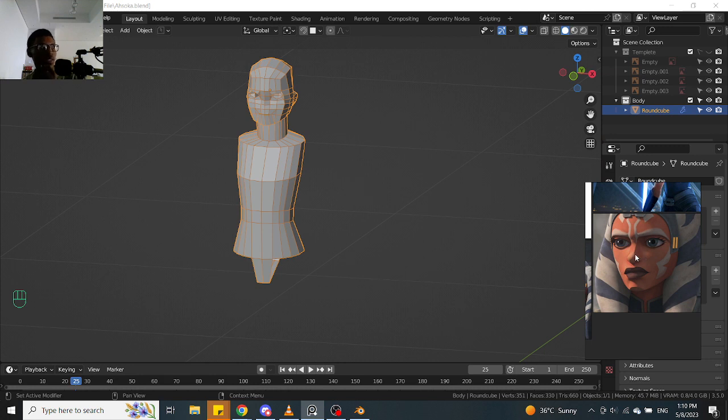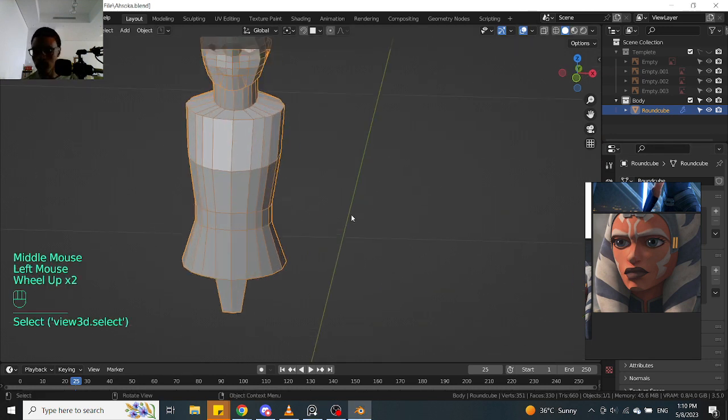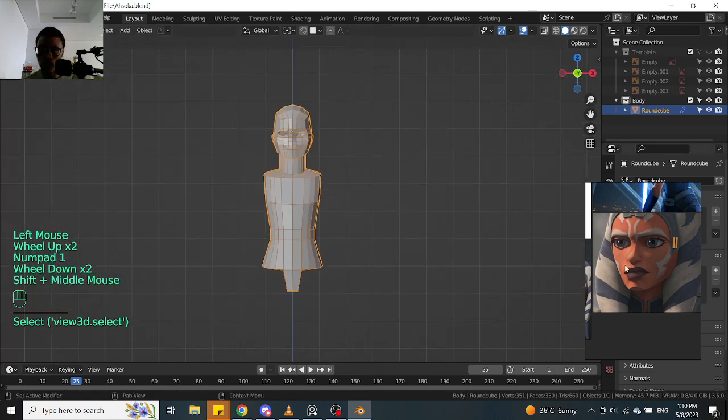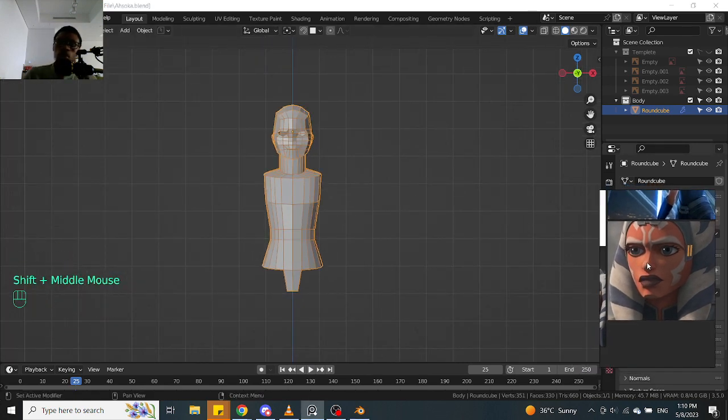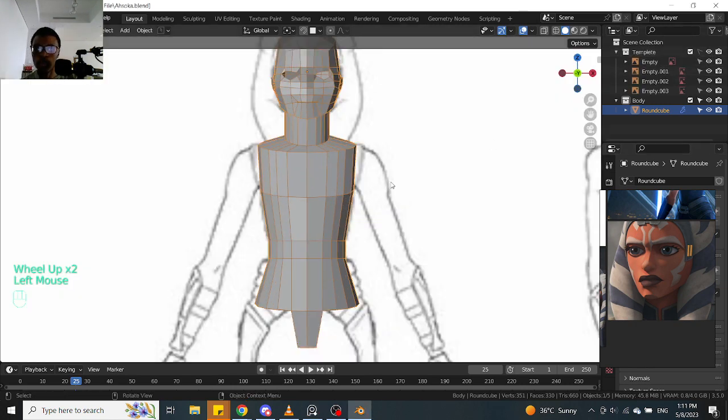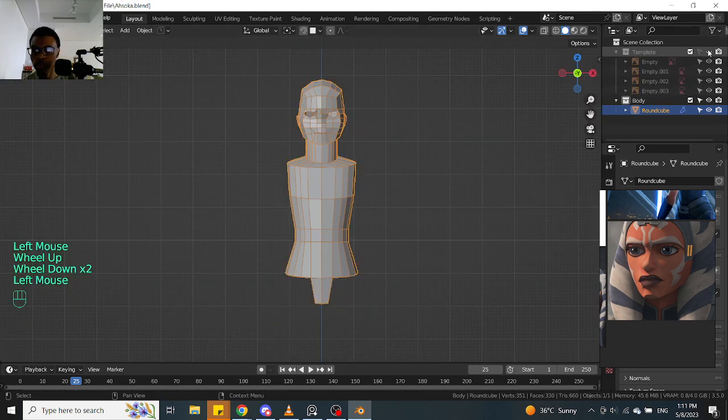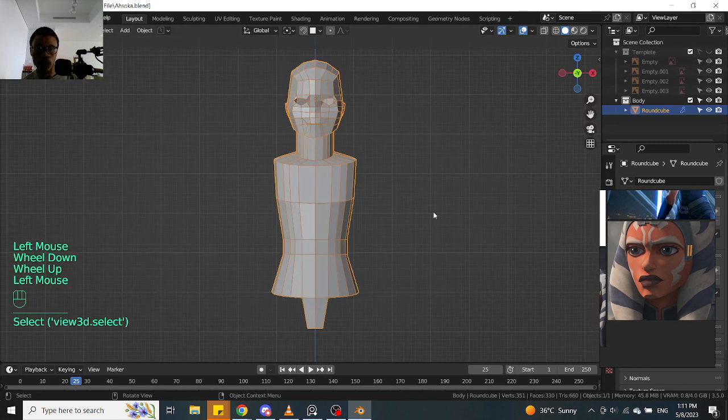There's some characters that you search for, they might not be as popular as her, and you don't get that reference image, that model sheet. So basically what you could do is,